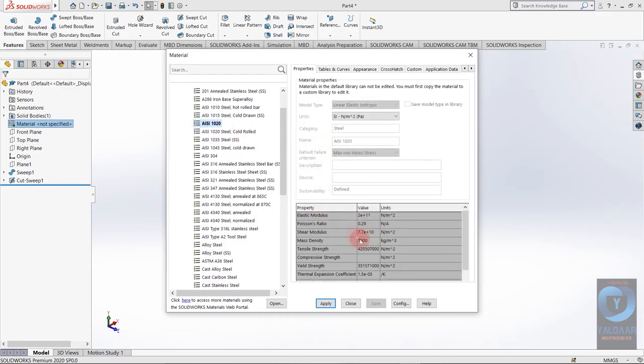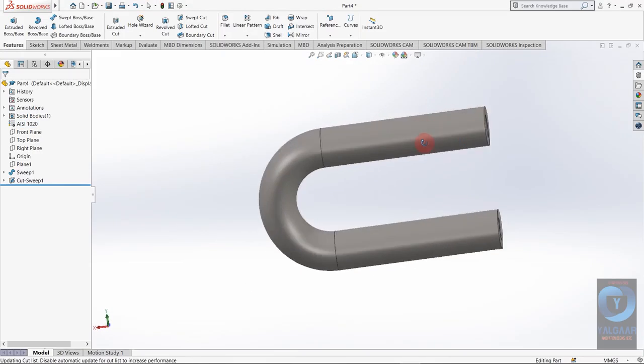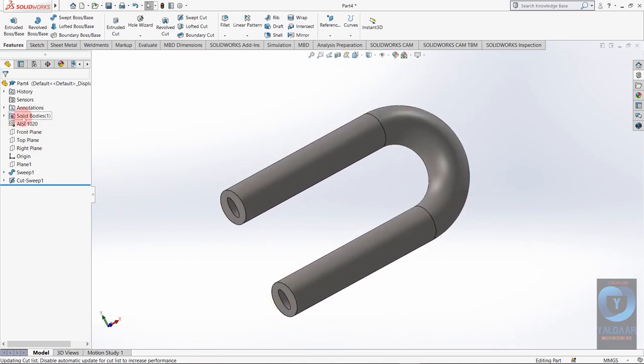So you can see here the properties of this steel, like elastic modulus, Poisson's ratio, shear modulus, mass density, etc. So just click on apply and close. So as you can see, the color has been changed and now the material is also AISI 1020.